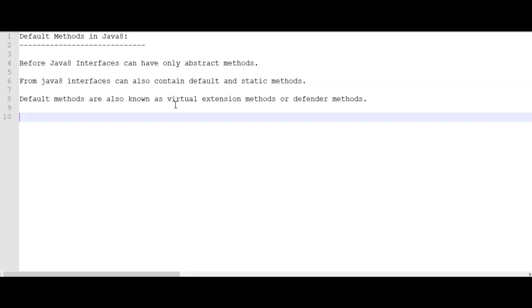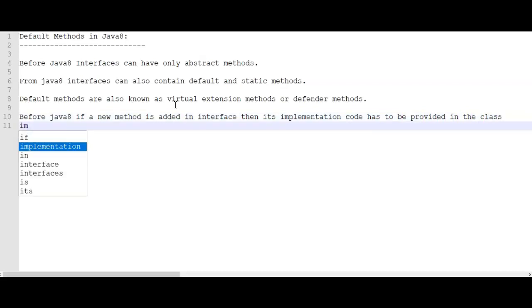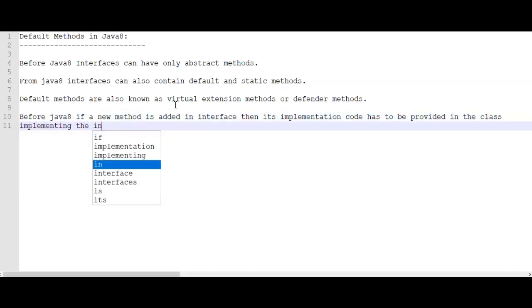So let me write this point. Before Java 8, if a new method is added in the interface, then its implementation code has to be provided in the class implementing the interface.